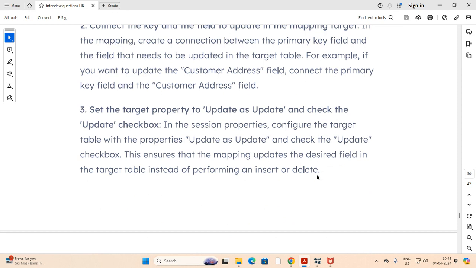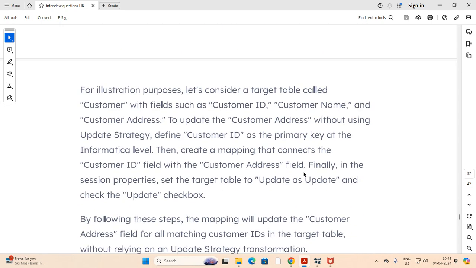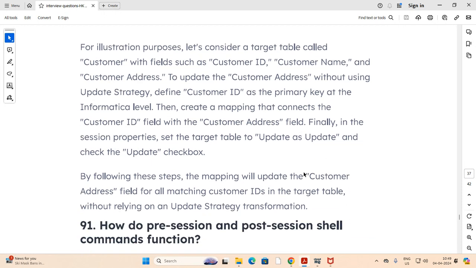This ensures that the mapping updates the desired field in the target table instead of performing an insert or delete. For illustration purposes, let's consider the target table called customer with fields such as customer ID, customer name and customer address. To update the customer address without using update strategy, define the customer ID as a primary key